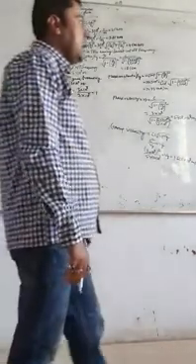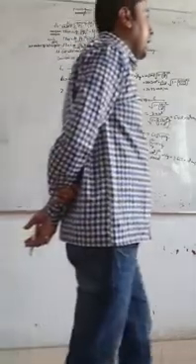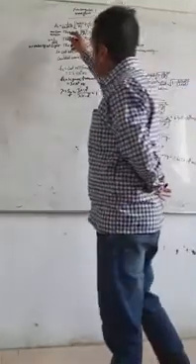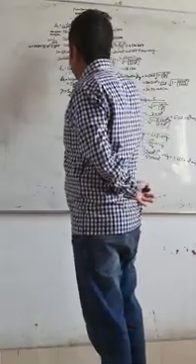Cutoff frequency, as you know from the definition, is the frequency of the lowest mode of a waveguide. The lowest mode of frequency of operation of a particular waveguide is known as the cutoff frequency of that waveguide. So we have three modes: transverse electric 10 mode, transverse electric 01 mode, transverse electric 11 mode.